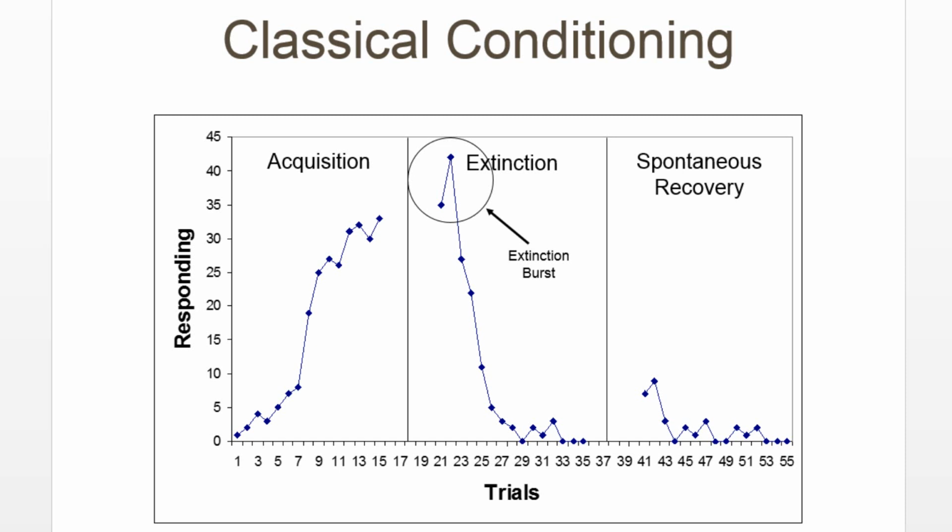You do see in this process something called an extinction burst. That's a bit more of a complicated process and actually is very relevant in terms of clinical psychology. But whenever a process of extinction begins, one of the first events that you see is that behavior initially becomes more intense before it starts to die off. And that's just something you can accept now. The explanation of it is related to the topography of behavior and whether or not the subject can gain access to the contingencies in the environment.